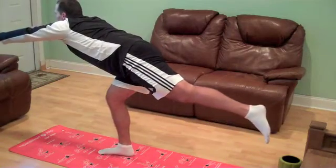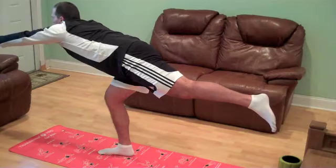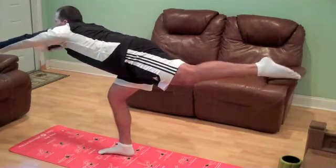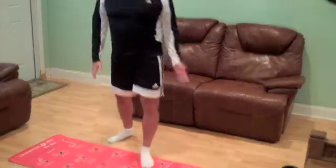Got to concentrate. And hold. Good. Whew. As you can see, that one's a little bit more challenging. Next one we're going to do is a triangle pose. It's a similar